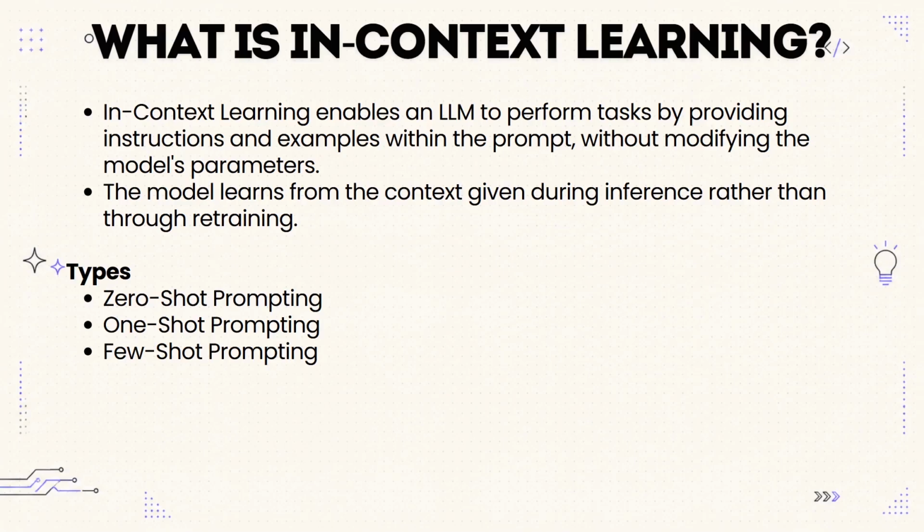But imagine doing this manually for hundreds of PDFs or thousands of documents. Clearly, that's not a practical approach, and that's exactly where RAG comes in. So we have some types of prompting which we have discussed already in our previous videos, which are zero shot prompting, one shot prompting, few shot prompting. And in the examples which we have taken for the project, we have already mentioned that these are some conditions which I am giving to the context itself for the LLM, that while you give the answer, just keep in mind all these situations and conditions.